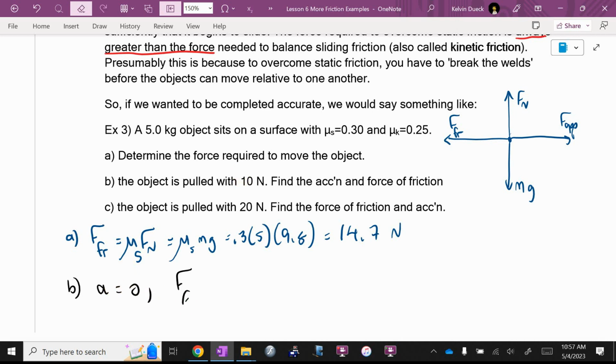And the force of friction will not be 14.7, because if you pull with 10 and friction is 14.7, can you have an acceleration of 0? No. How big is friction exactly in this case? 10 newtons. What if I pull with 12 newtons? What will the acceleration be? 0. What would friction be? 12 newtons. Okay? Static friction will match you as long as it can. It'll be as big as it needs to be to keep it at rest as long as it can, until,